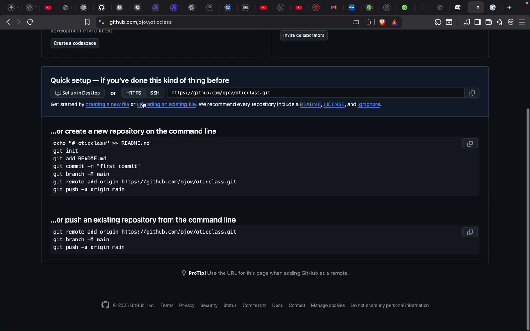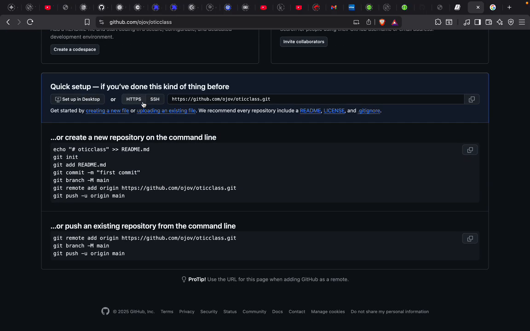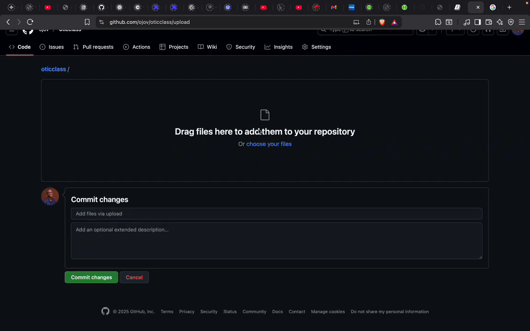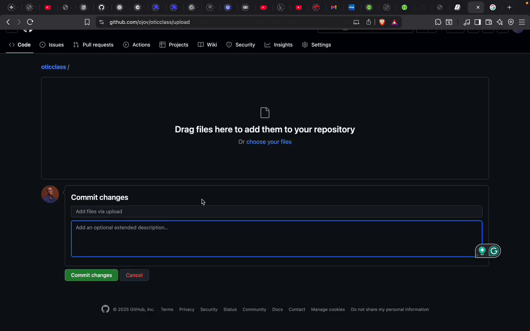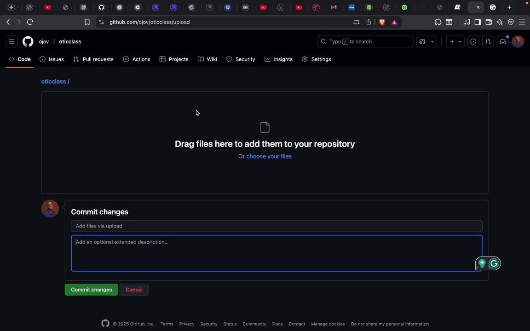But if you are writing code, you don't want to do that. You want to follow a particular pattern or structure. Look at what it said, uploading an existing file. I could click on this. Let's just try this so that you see how it works. Are you seeing this? So if I drag and drop a file from my laptop, it is actually going to work. Maybe I show my Finder, drag a file, drop it here, but then it will ask me to put a commit message. That's what determines those messages that you see, right? So when I actually do that, it will populate it,